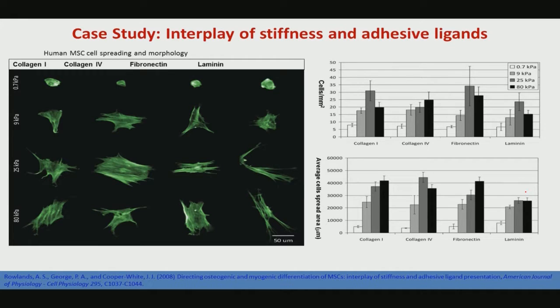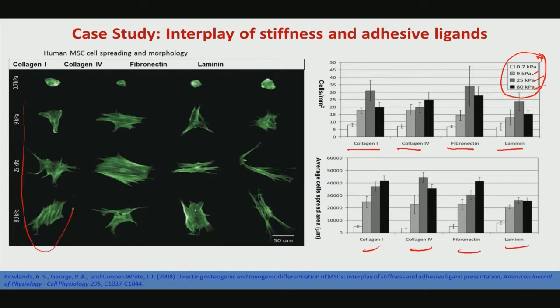This shows a little bit more detail, like people have used different substrate stiffness which are mentioned here, like some substrates have stiffness of less than 1 kilopascal, some 9 kilopascal, some 25 and some 80 kilopascal. They have grown the human mesenchymal stem cells, and they have used different extracellular matrix, like collagen 1, 4, fibronectin and laminin coated surfaces, and then this is that